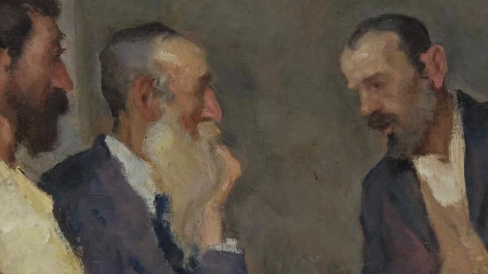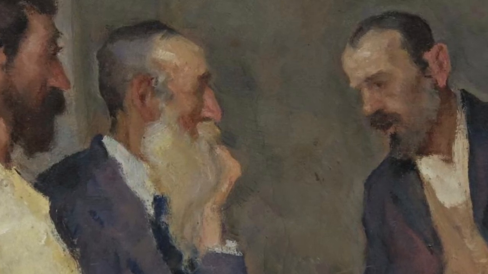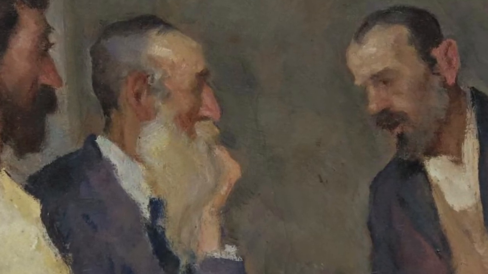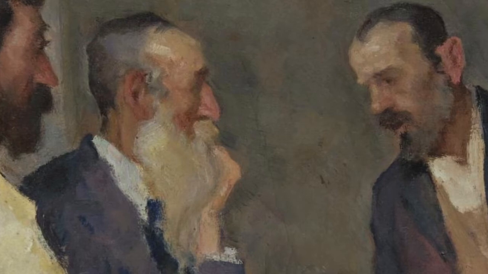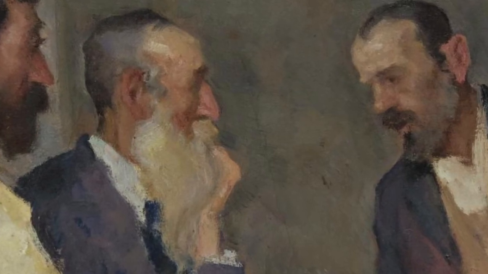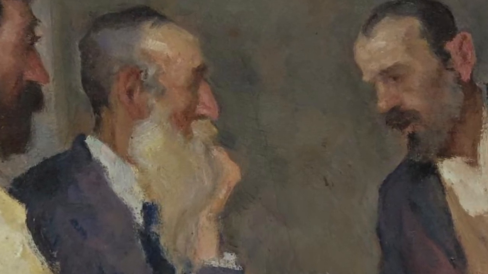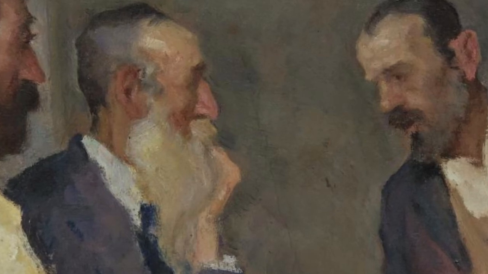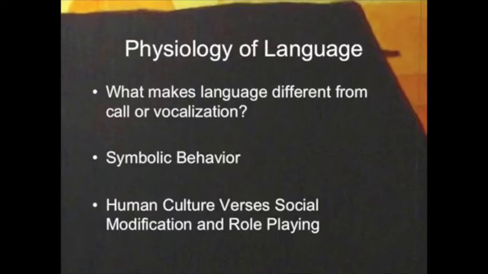In this lecture, we will begin our study of human language. We will also compare the sound systems that are common to many human languages to those of, in this case, not only living primates, but extinct primate forms. Let's begin by looking at what makes a language different from a call system or a system of vocalization.